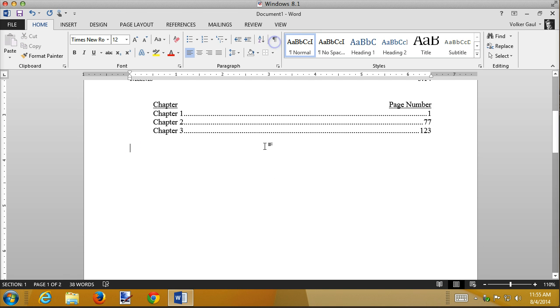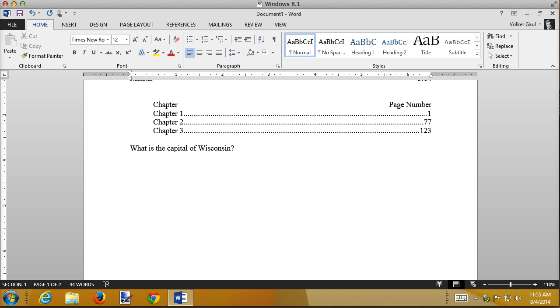Alright, I'm going to turn my markers back off again. Let's say that I'm writing a test for somebody. I'm going to say, what is the capital of Wisconsin? Question mark. And now I want a line here where the student can write their answer. Now, notice I said write their answer. This technique that I'm showing you only works well for printed tests and quizzes. In a future chapter in this intermediate Word class, you'll learn how to use placeholders so that if somebody is using Word in its electronic format and you want them to type in an answer, you can do that as well. But this is for